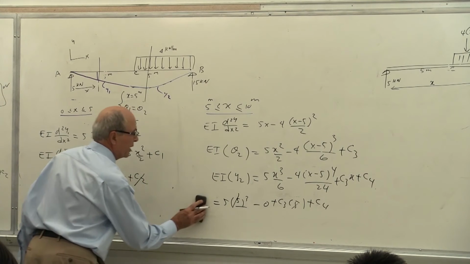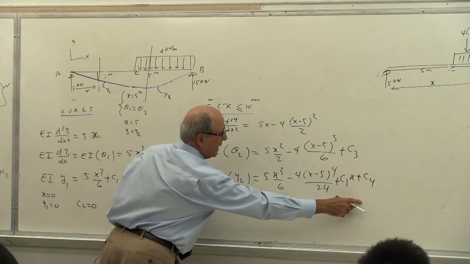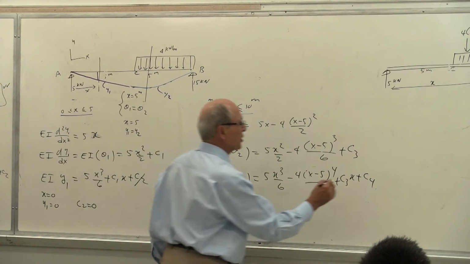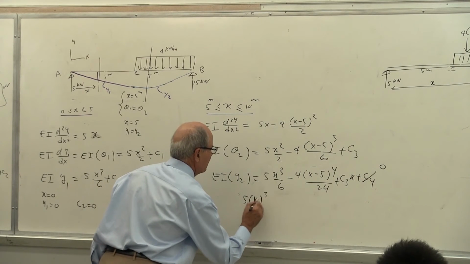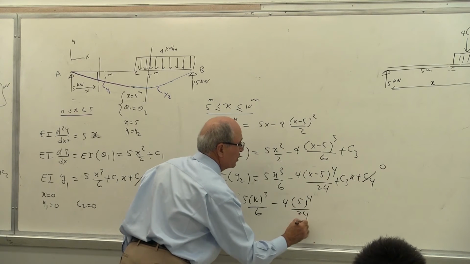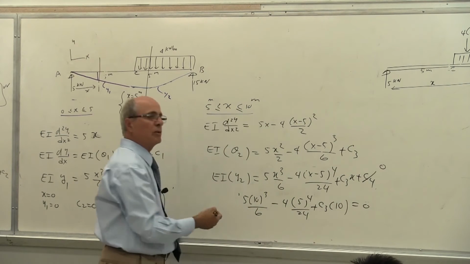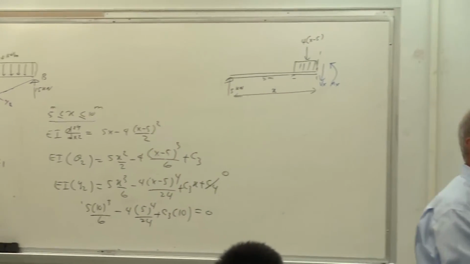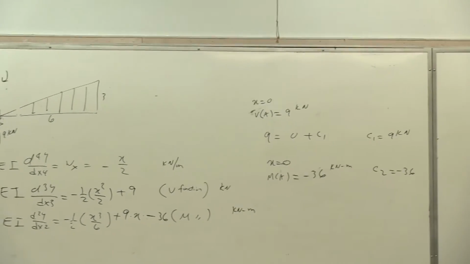This is all gone. Now we come to the last part, which is here. At x equal to 10, this quantity must be equal to 0. Yes or no? Y2. But notice C4 was equal to 0. So you write 5 times 10 to the power of 3 divided by 6 minus 4 times 5 to the power of 4 divided by 24 plus C3 times 10 equal to 0. You have one equation for C3. And remember, C2 is 0 and C4 is 0 now with this method. If I calculate C3, I already have C3 and C1. Yes or no? Correct? Because they are equal.